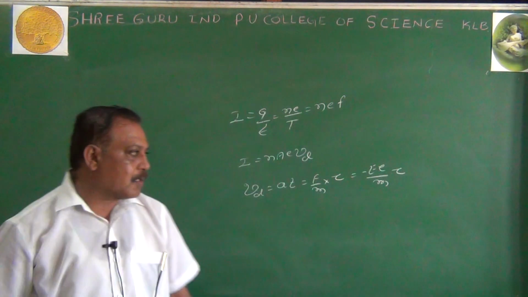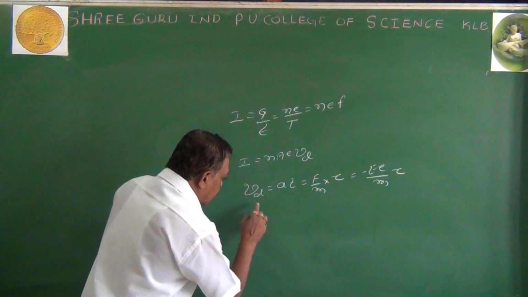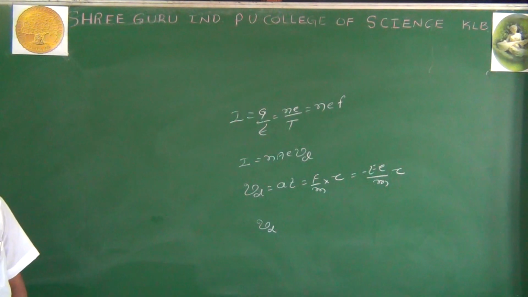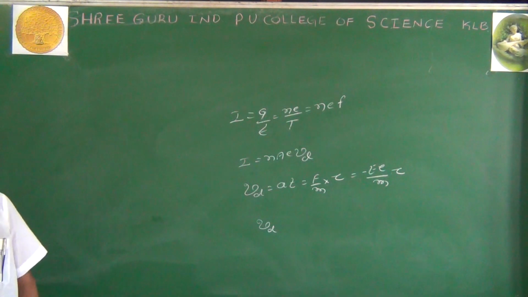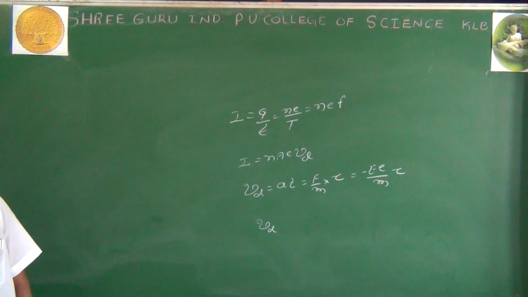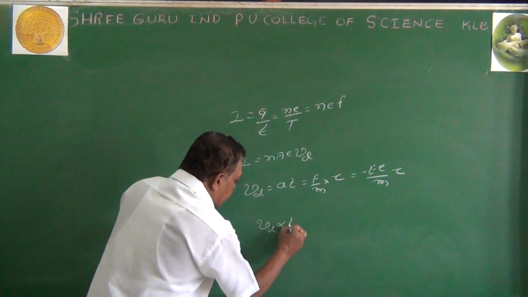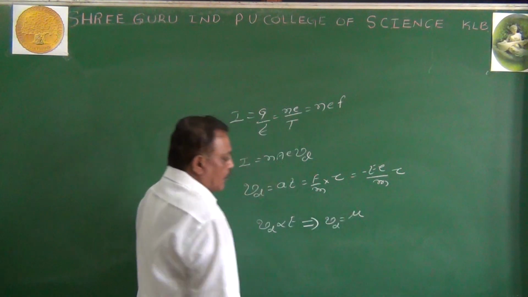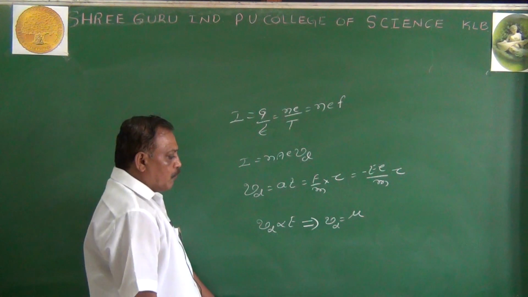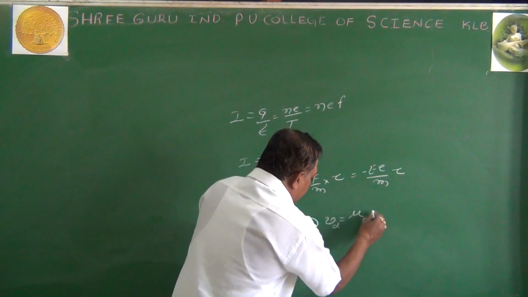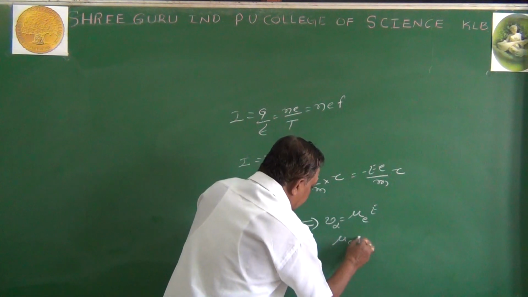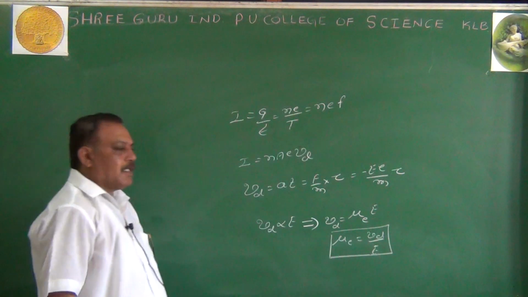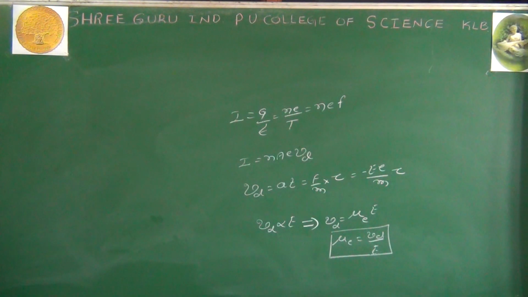Then after that we come across mobility of the electrons. The drift velocity is the result of what? The electric field. Unless we apply the electric field, the electrons are not going to be set in a particular manner from one end to the other. Hence, the drift velocity is directly proportional to the electric field. So drift velocity equals a constant, the mobility mu of the electrons, times E. Mobility of the electron is nothing but the ratio of drift velocity to the applied electric field. Already we have completed that. Are you getting the point?